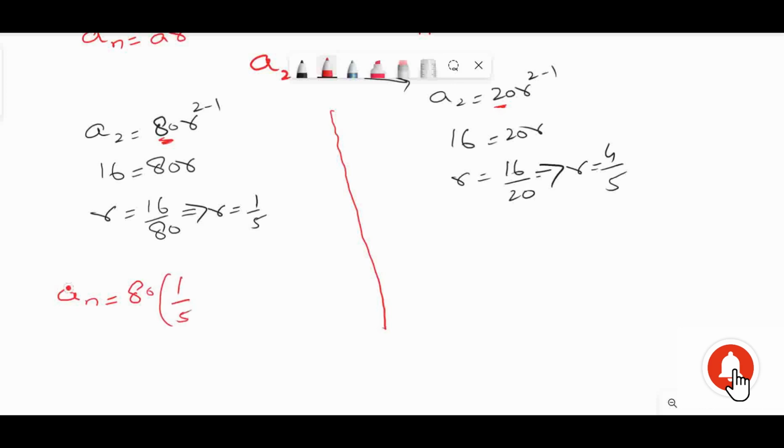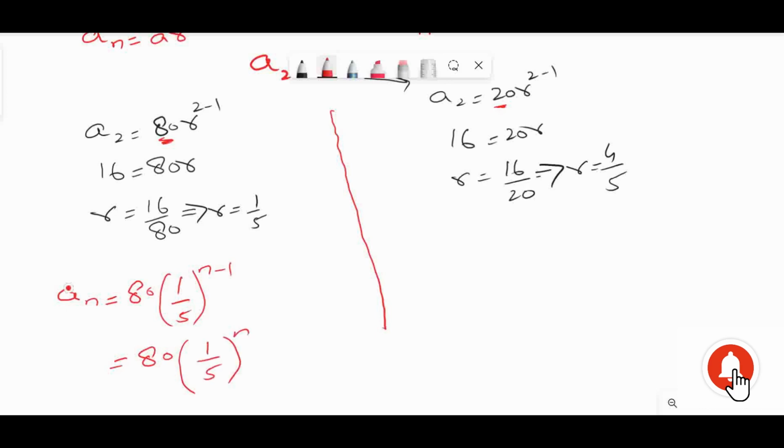So 1 by 5 whole to the power n minus 1. What does this statement mean? This will be equal to 80 into 1 by 5